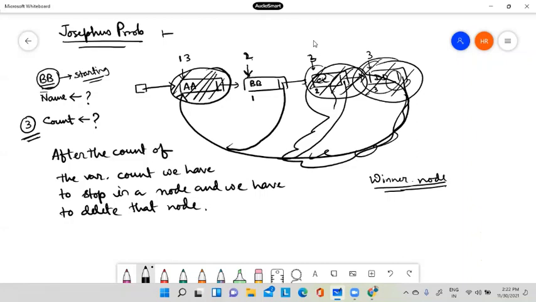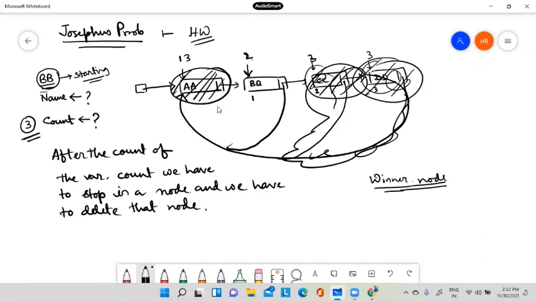Okay, so I have just given you the idea. You can try to implement this. This is one home task: try to solve this Josephus problem. First you have to create the circular linked list. Then from the user you have to take some starting point.